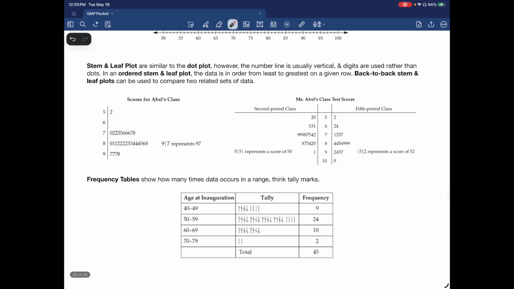And then if you wanted to compare 2 classes, you would have something like this. And so if you had 100, like right here, this is going to be 100. This is going to be a 91. But if you had like a 110 or 120, then this would be an 11 and 12, and then it would be a 0 here. Okay, so